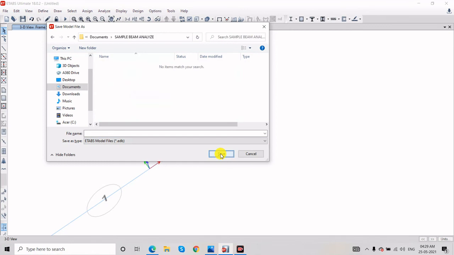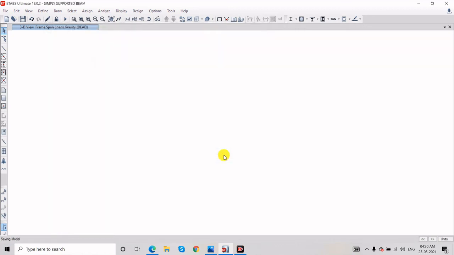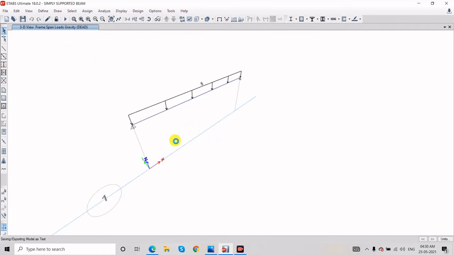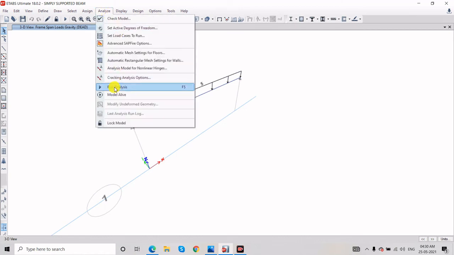I will give the name as simply supported beam. File name is simply supported. Then please click on Save. Now the model is saved. Then we have to run the analysis. Go to Analyze and run the analysis.